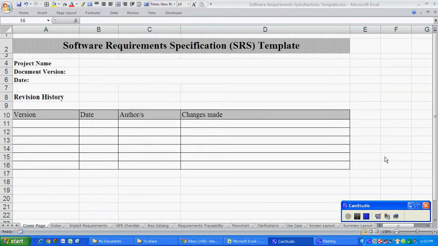Welcome to the video demonstration of the software requirement specification template from Adaptive Processes. The SRS template is one of the most crucial products in a software project, and hence this is an attempt to make users understand the template very well. In this video demonstration, we will take you through various tabs that are required to develop a good requirement specification